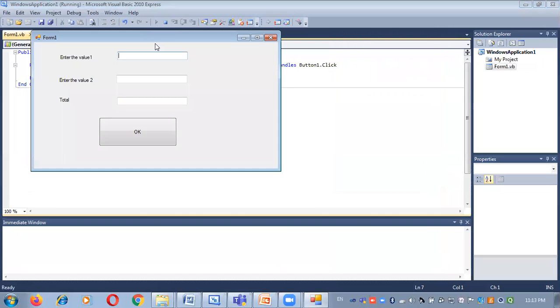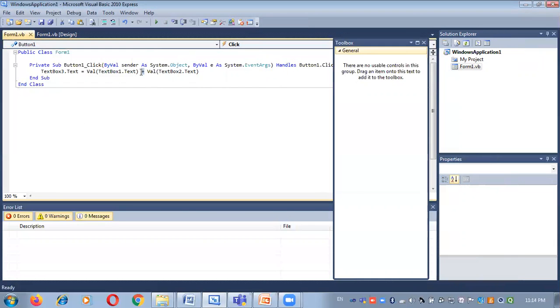So again compile the program, enter the values, say 12 and 12, and click the OK button. Now you can see 12 plus 12 is equal to 24, which means the arithmetic operator works here to calculate the addition of two numbers.